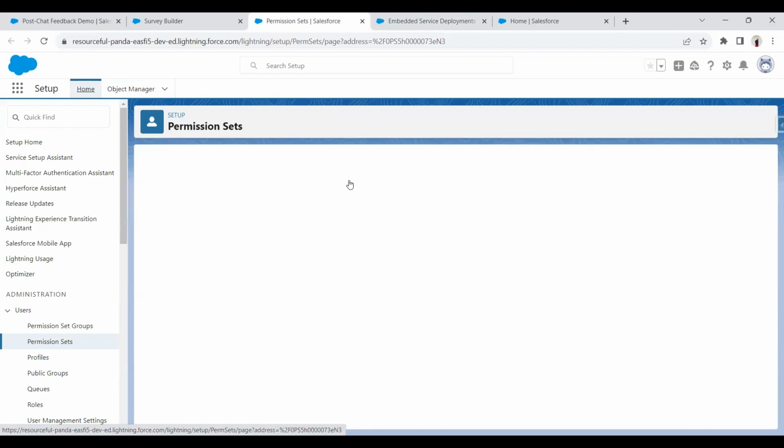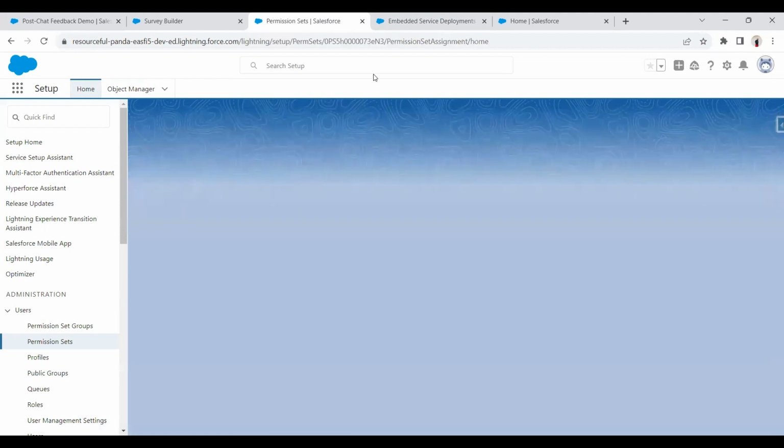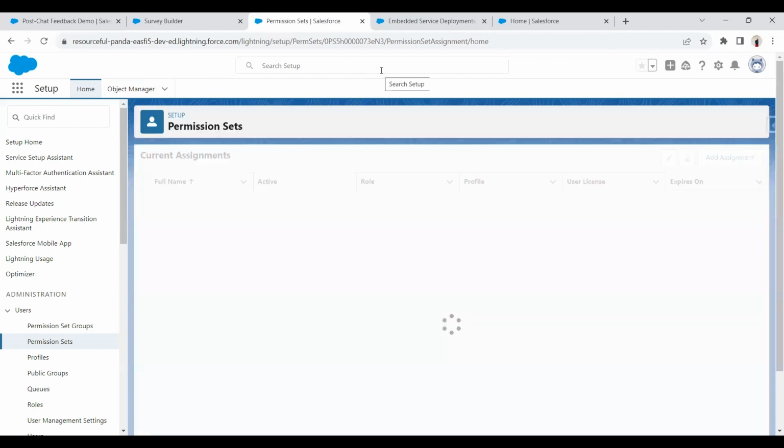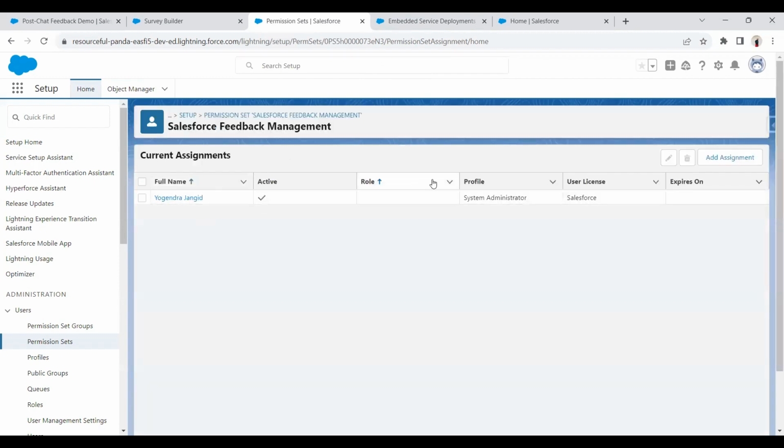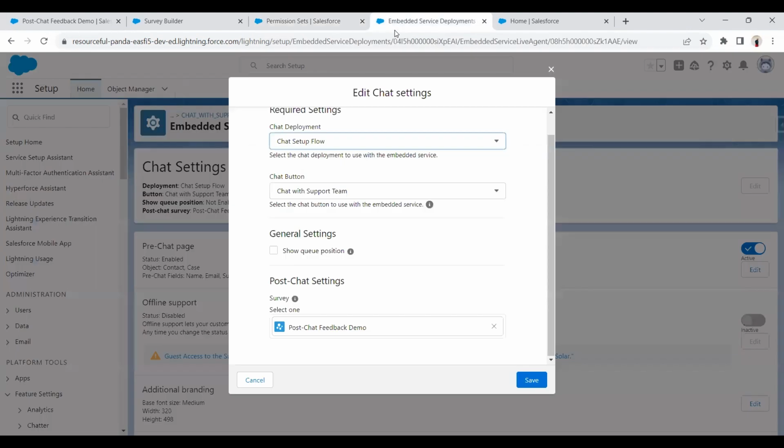Okay, so if I go to the manage assignment again with this permission set, I must be able to see the users assigned with the permission set. So you see my user is being assigned this permission set. And if I go back again to the embedded service deployment settings, you will see under the post chat settings,